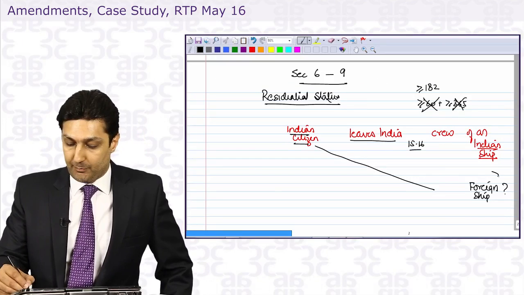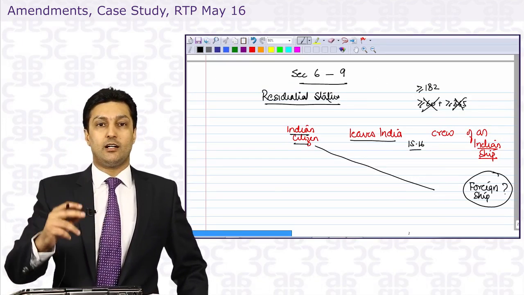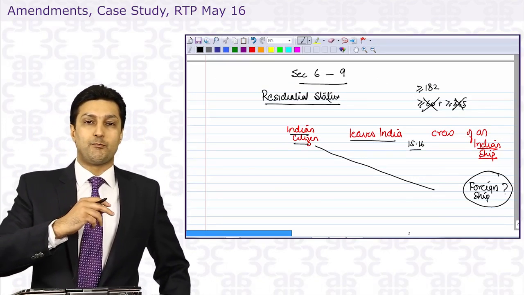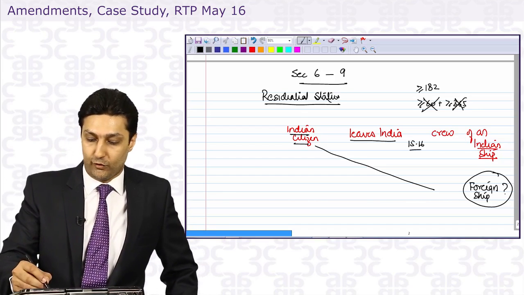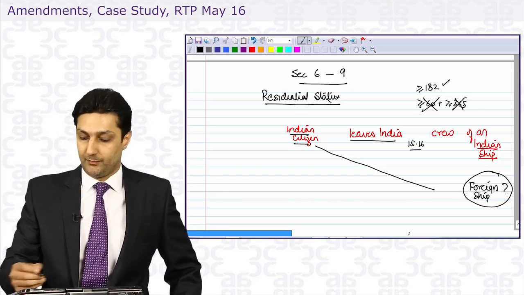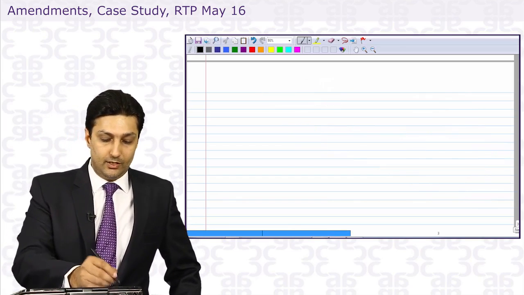That was one. So are people in foreign ship, people leaving India, going as a part of the merchant navy as a member of the crew of a foreign ship, will they also fall in the exceptions? That was one. Second, while determining the period of stay